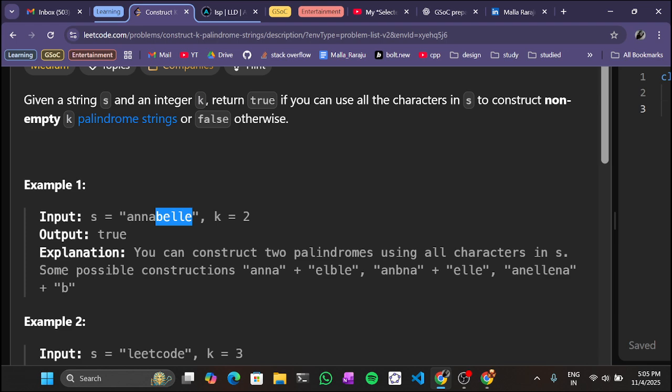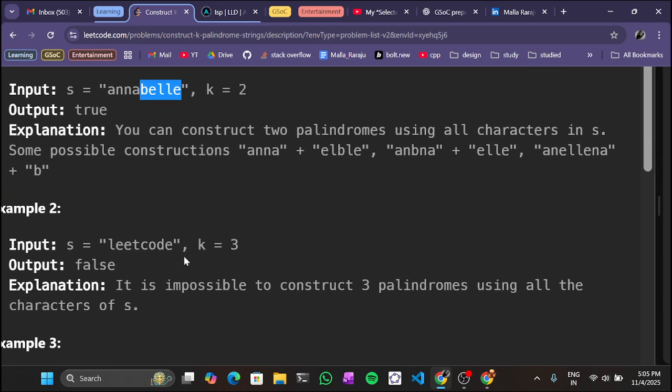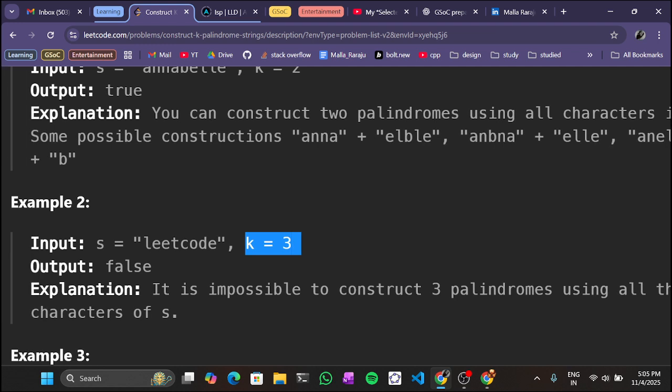If we shift B to the middle, or middle here, and here if we have to separate k into three palindromic strings, then we cannot do it, because